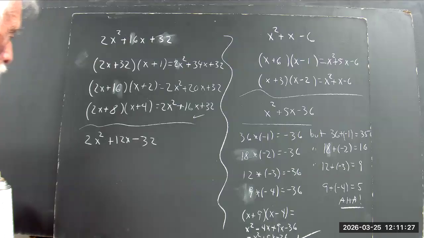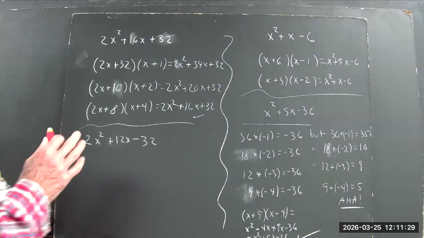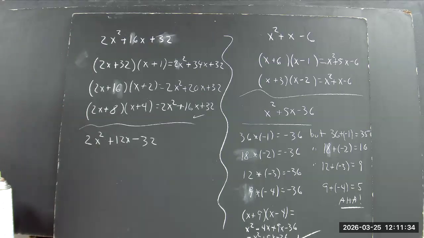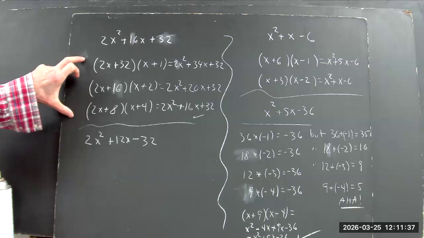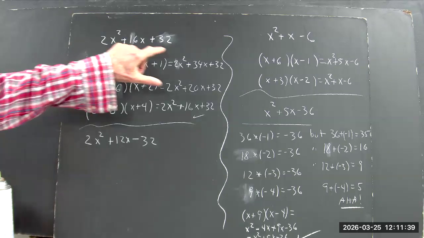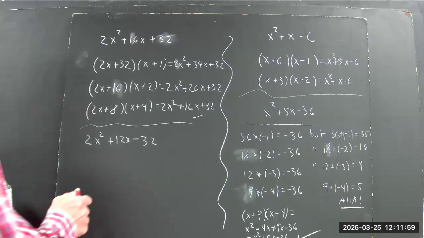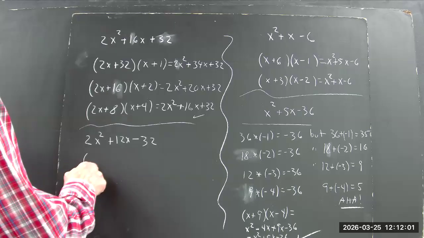Okay, again, we can systematically try factors. And I will comment that on both this problem and this one, we probably wouldn't even do this because we'd probably factor out the two. Then we just have a trinomial with leading coefficient one inside the parentheses, and we could factor it. But I chose these numbers because they're fairly easy to work with, and they still illustrate what has to happen. So we could try